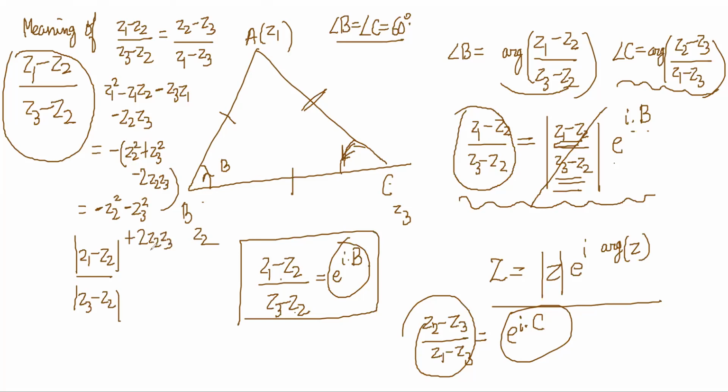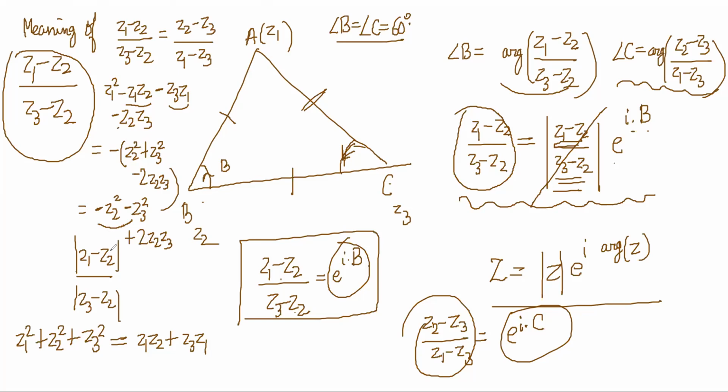So what we get is, let's bring all these terms to that side. So we get Z1 square plus Z2 square plus Z3 square is equal to these three terms on this side, Z1 Z2 plus Z3 Z1 and plus Z2 Z3,